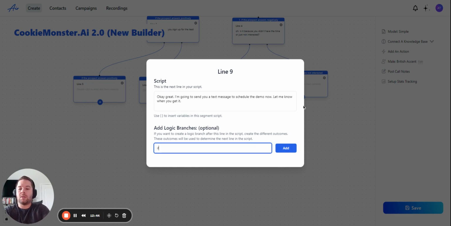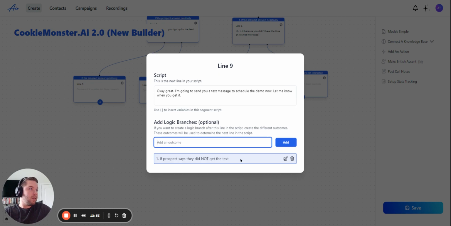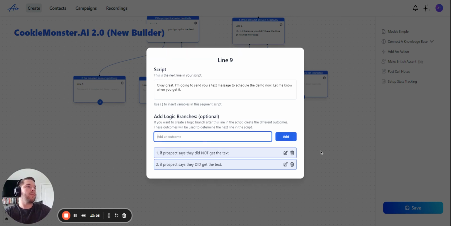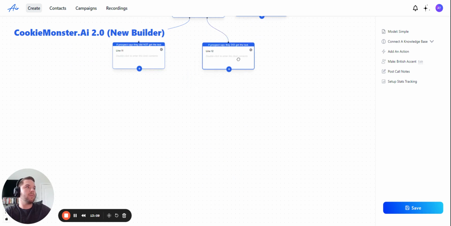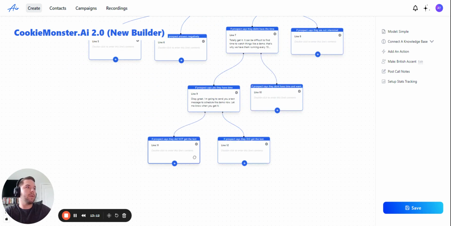And then if prospect says they did not get the text, if prospect says they did get the text, okay. So we're going to drag that out. We're going to, oh, wow, got away from me there for a minute. So if they did not get the text,